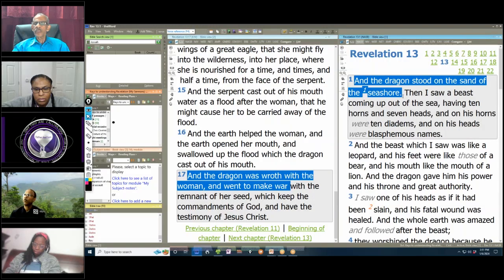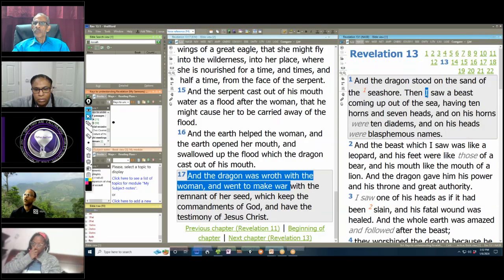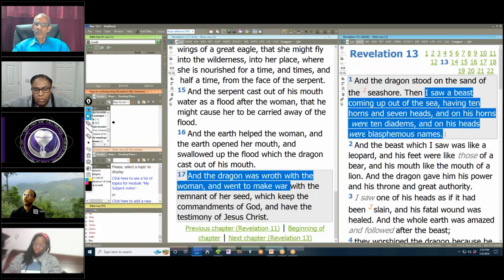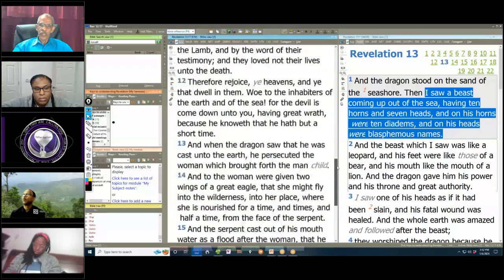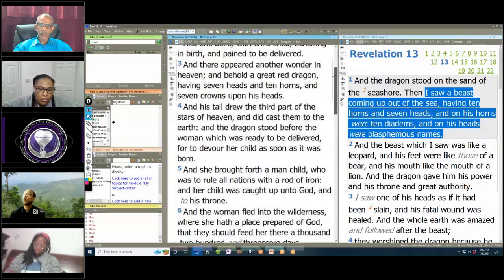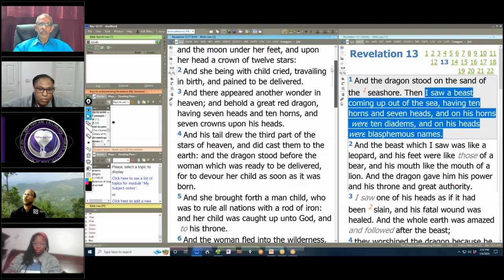And when he stands up on the seashore, what happens? I saw a beast coming out of the sea having 10 horns, 7 heads. On his horns, 10 diadems or 10 crowns. And on his heads were blasphemous names. Now, I wanted to notice something. Let's go back up a little bit in chapter 12. It says in chapter 12, in verse 3,